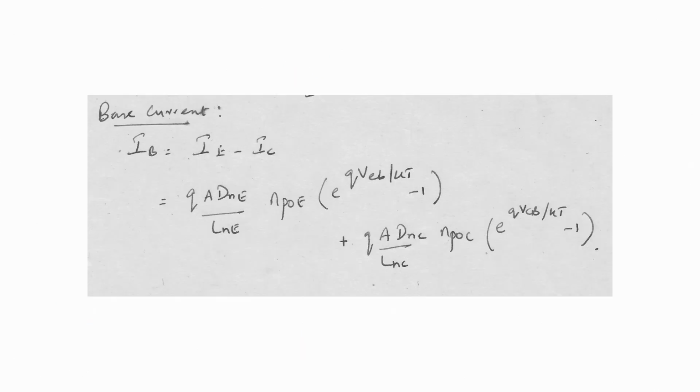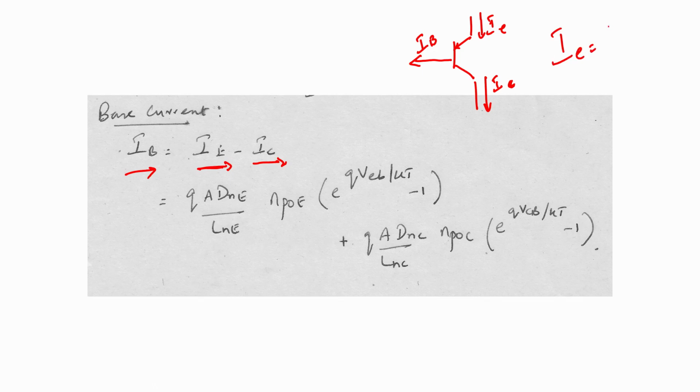So, finally, the base current. What is the base current? We will simply use Kirchhoff's law. We will say that there was a current from the emitter, there is some current in the collector, the remaining current is the base current. So, in case of the PNP, there was IE, there is some IB, and there is some IC. So, in other words, IE is equal to IB plus IC. Therefore, IB is simply the difference of the emitter and the collector currents, and that is simply given by this term here. So, that is the general derivation of the emitter, collector and base currents using the continuity equation